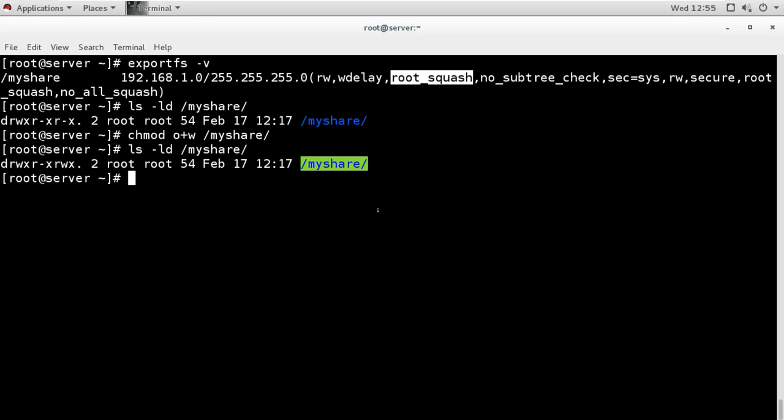So if you want the root user of the other machine to be considered as a root user, you can change the setting to no_root_squash.